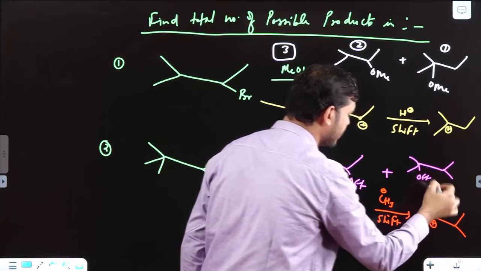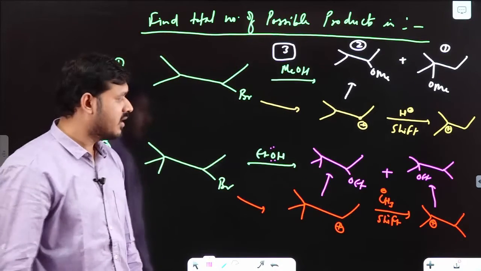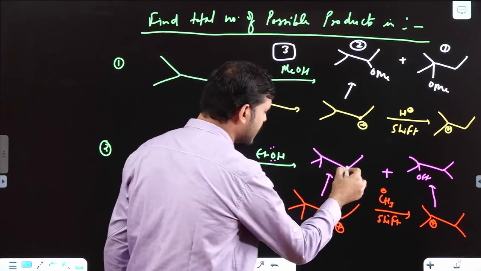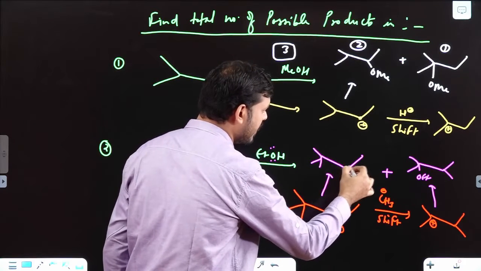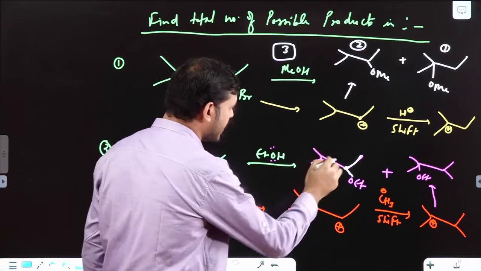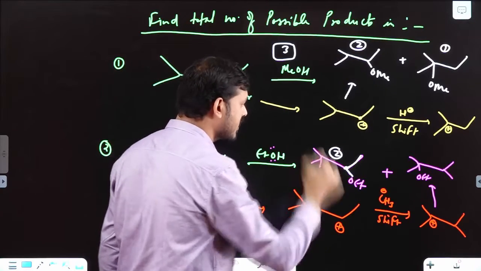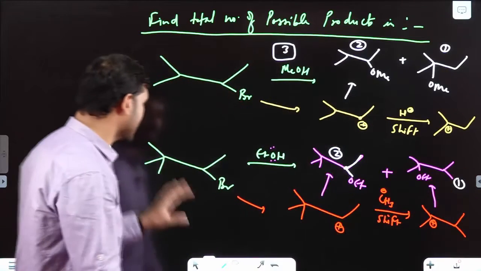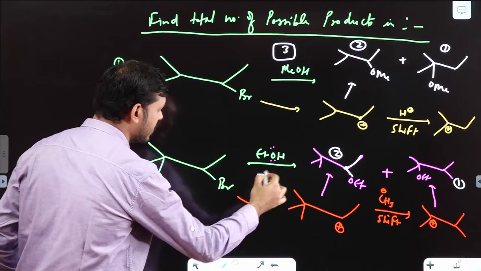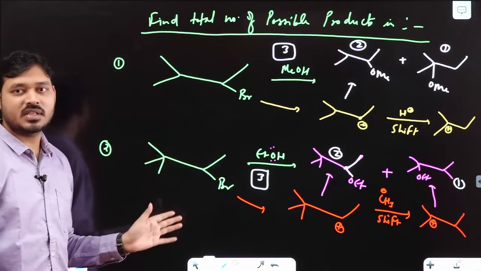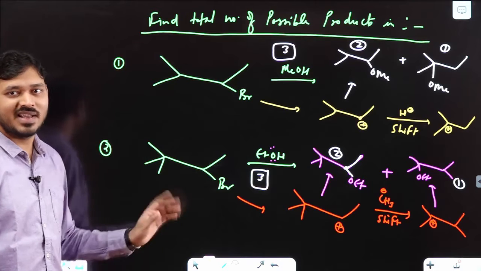This OEt. So the 2 cases are possible here. Now, if you check this one, it is a chiral center having OEt, this methyl, hydrogen and this side group. Okay. So this will be your 2 cases and here no chiral center, so 1 case. So total products possible for this one will be 3. Okay, so in both the cases 3 possible products are formed in the reaction. Clear?